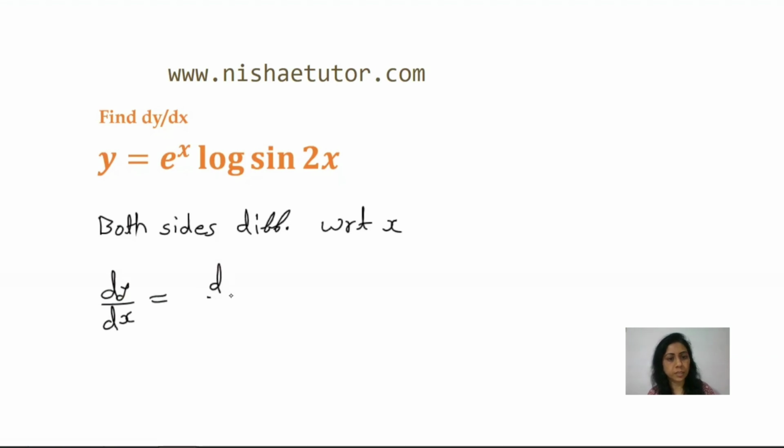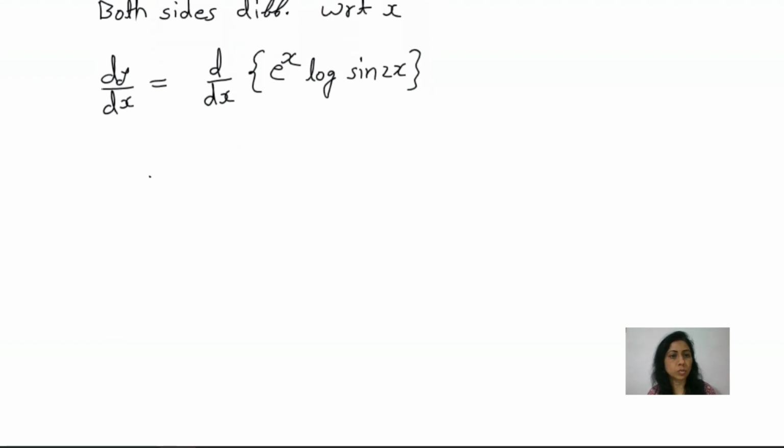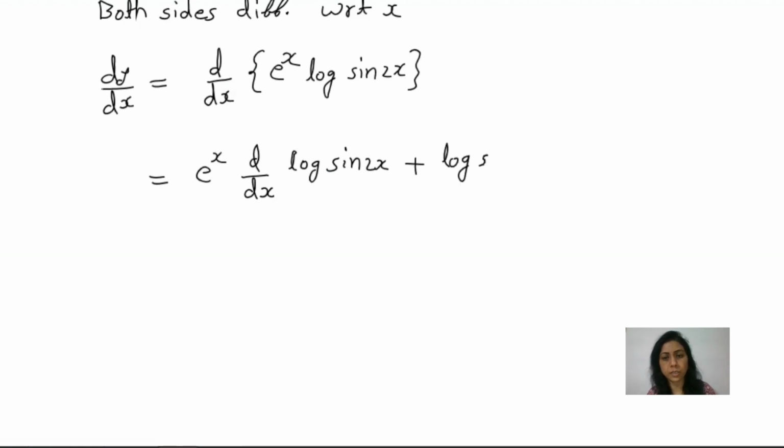here d upon dx, and the function is e to the power x log sine 2x. Here we can use the product rule. So the first function is this one and the second is this. Write the first one as it is, differentiate the second one, log sine 2x, and now write this second one as it is, log sine 2x,